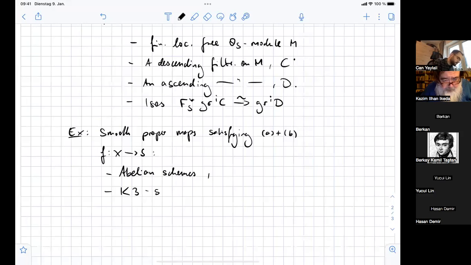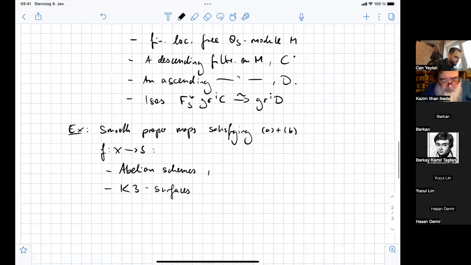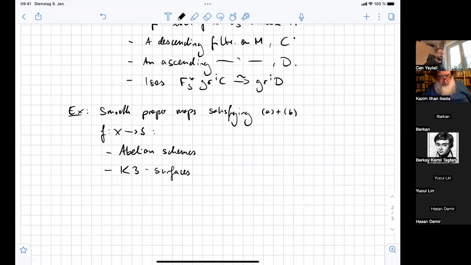K-free surfaces. Okay, and I think that's enough to be convinced that you can do a lot with these structures. Namely, for example, what you can look at are Hodge varieties of PEL type, and these are given by abelian schemes plus data. And what you can do is take this abelian scheme and send it to the first de Rham cohomology. This is enough because for abelian schemes, the higher de Rham cohomologies are already determined by the